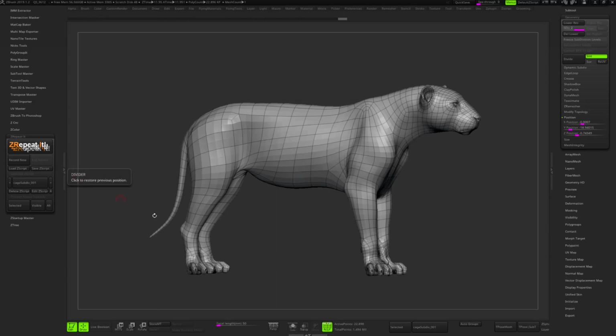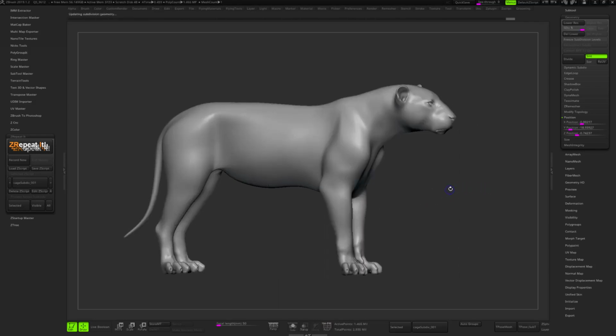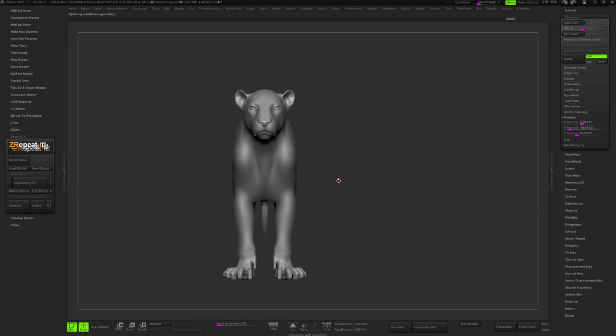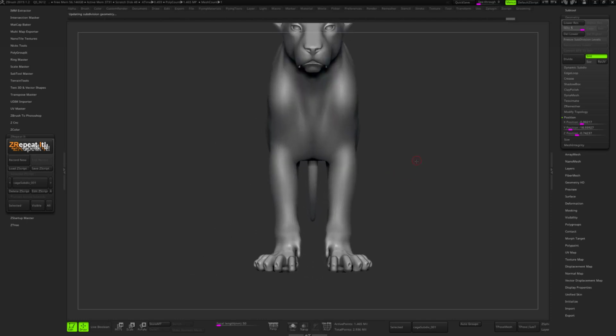So now that I have my cage subdivision action script that is ready, I can replay it every time. I just have to click on Selected, and then it will subdivide my model and apply this morph target workflow on top of it. Just click again and click again every time I want to subdivide my model, and with that I will be able to have this kind of clear and clean cage subdivision workflow.